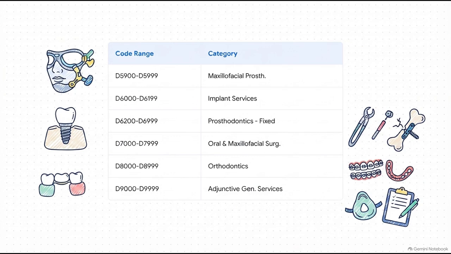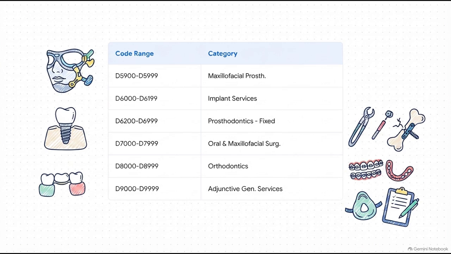D5900 to D5999 covers maxillofacial prosthetics. D6000 to D6199 is for implant services. D6200 to D6999 moves into fixed prosthodontics, like cemented bridges. Now pay super close attention to D7000 to D7999. This is oral and maxillofacial surgery, a highly complex area of the coding ecosystem that covers extractions, biopsies, and